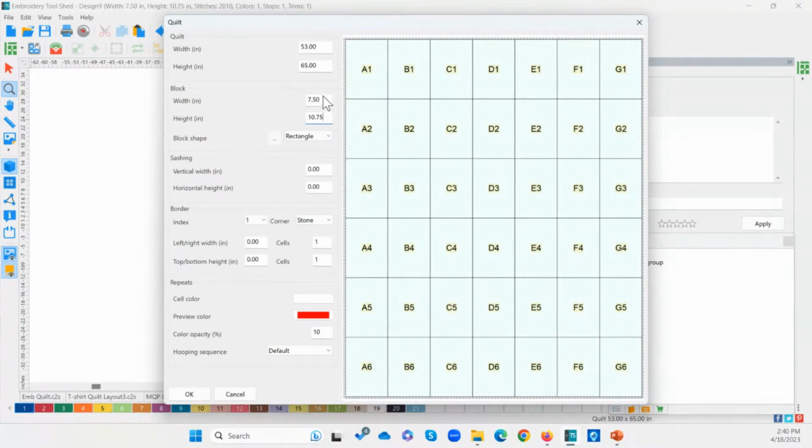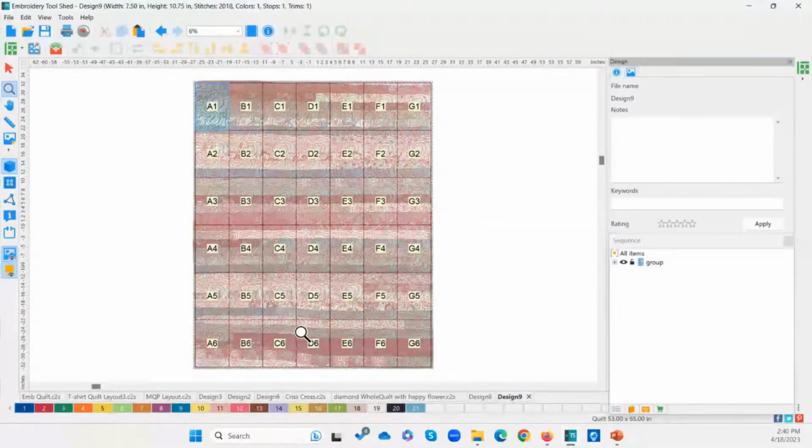So for instance, instead of this width of the quilt being broken up into blocks, you could put the whole number there for 53, and it would be one strip. But then you would have to save those designs individually because it still has to fit in your hoop. And I'll show you what I mean on the next quilt. And hopefully that helps make sense on the actual photograph.